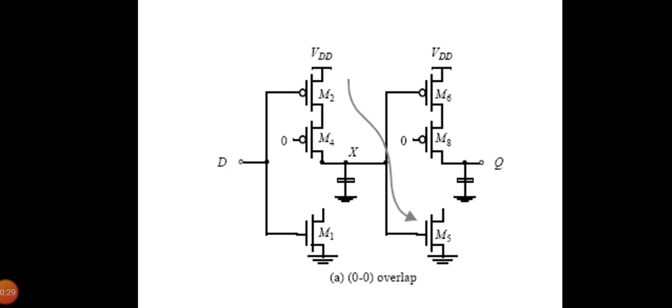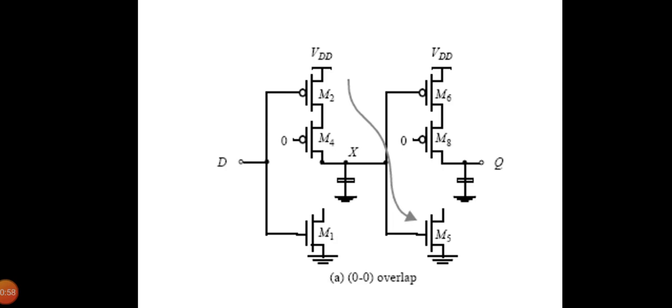At the end of the overlap period, clock bar is equal to 1 and both M7 and M8 are turned off, putting the slave stage in hold mode. Therefore, any new data sampled on the falling clock edge is not seen at the slave output Q, since the slave stage is off until the next rising edge of the clock. As the circuit consists of a cascade of inverters, signal propagation requires one pull-up followed by a pull-down or vice versa, which is not feasible in this situation.